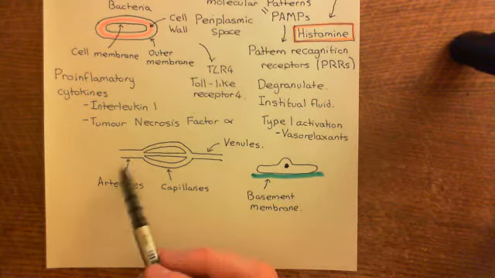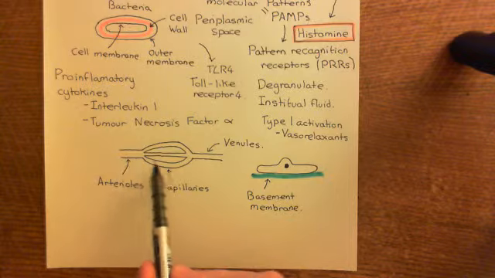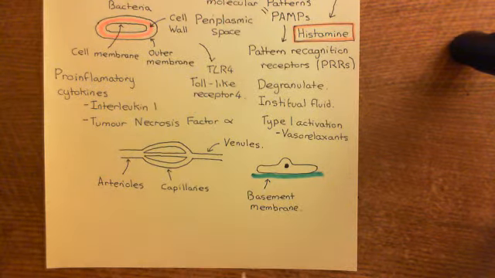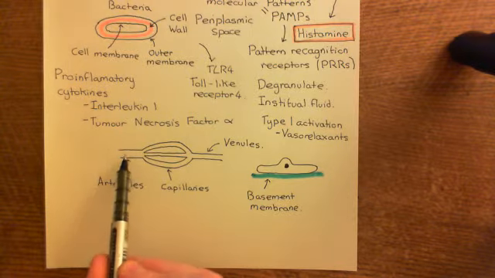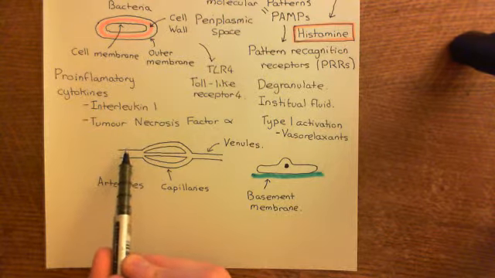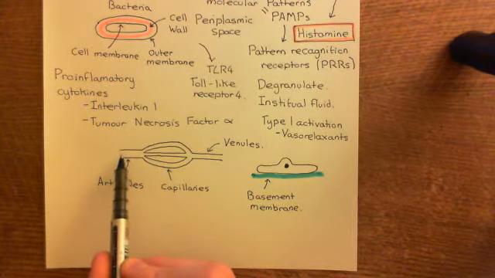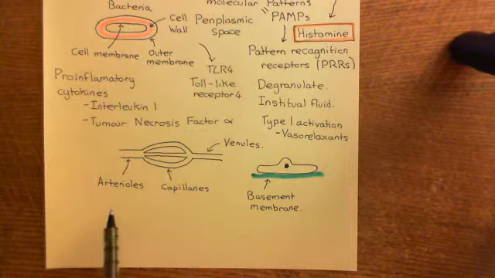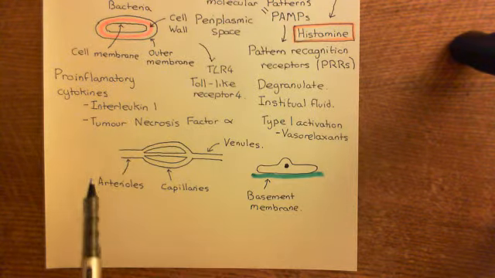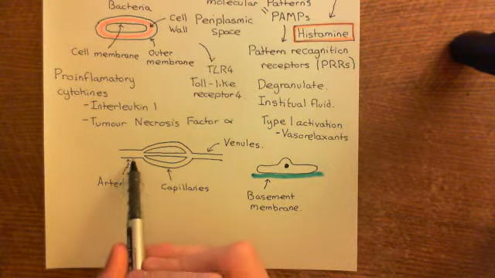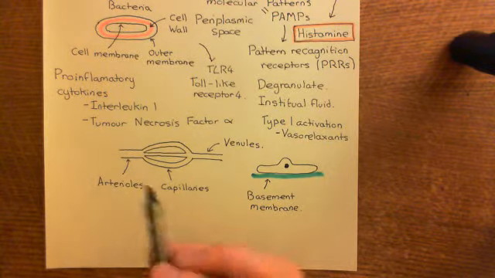Okay, now, is this going to be important in the capillaries and the venules? Well, no, because they don't have any smooth muscle surrounding them. However, in the arterioles, this is incredibly important, because what it's going to lead to is relaxation of the smooth muscle cells surrounding the endothelial cell layer of the arteriole, and the relaxation of the smooth muscle cells will lead to the widening of the blood vessel, because basically, if I just explain this,